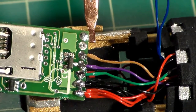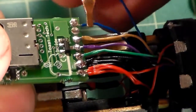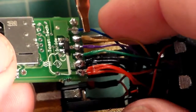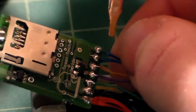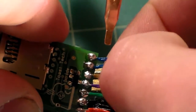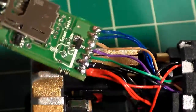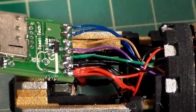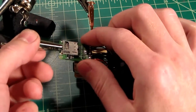So the last thing we have is our 2 blue wires for our speaker. Now, like I said, when it comes to the speaker wires, it doesn't matter which one goes to what pad. It absolutely does not matter. And that is it. We now have our completed circuit board. So now what we can go ahead and do, we can remove,